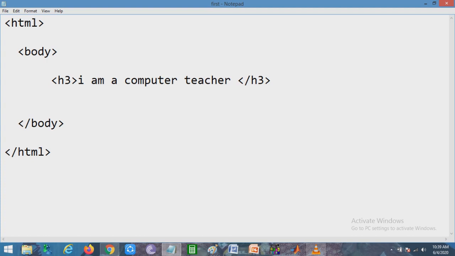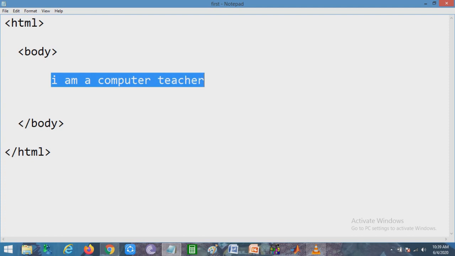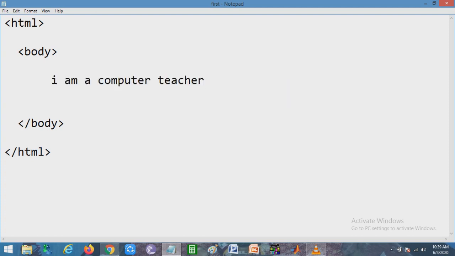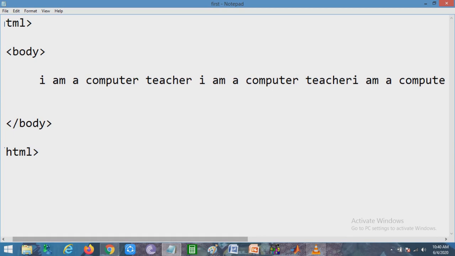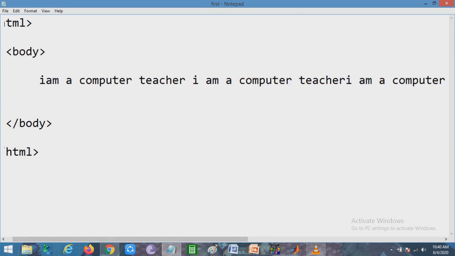Okay, got it? Now go to the HTML coding part. Now again we'll learn about the paragraph tag, that is the p tag. So already you have learned about the h tag, that is heading tag, bold tag, italic tag, underline tag, br tag, and hr tag. So here if we write this sentence again and again and use p, then look at what it means.